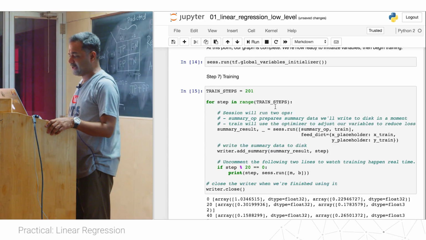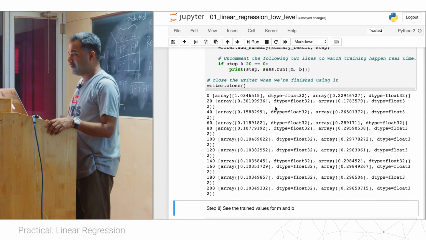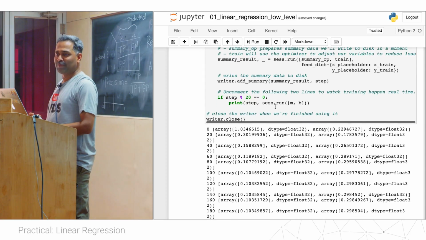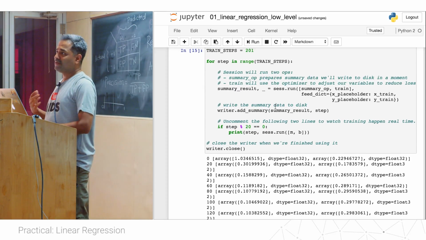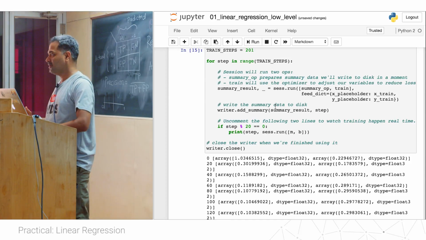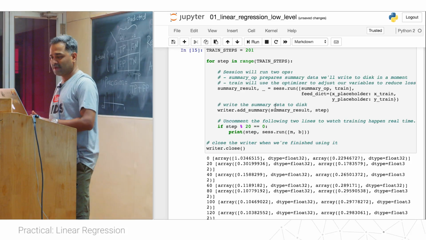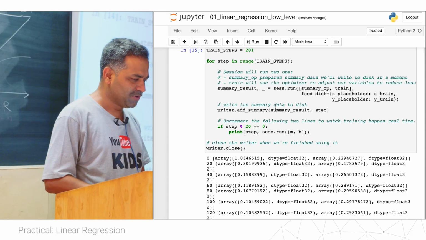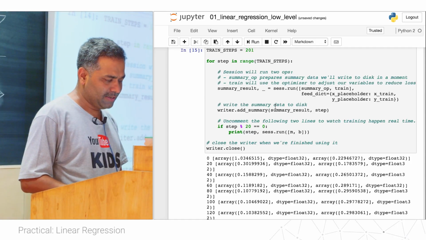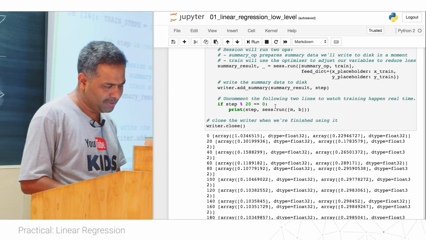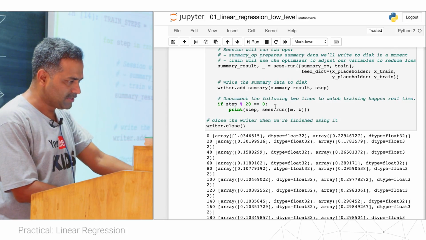Now this is where we are doing training of our model, right? So you can see how much more code you have to write if you use the tf.layers API. That's one way of looking at it. But the other way is to realize the power. Now you have all the power in your hand to decide whichever cost function or optimizer you want to use. You can choose that for your own purpose. So I do session.run, then add summary, and then every 20 steps I'm going to record the m and b value. Okay. So let's run this.